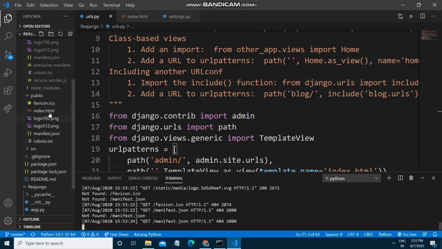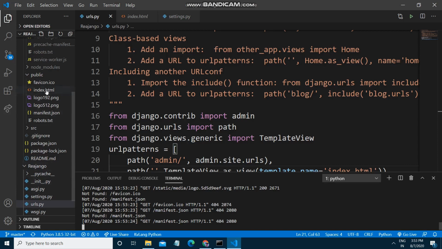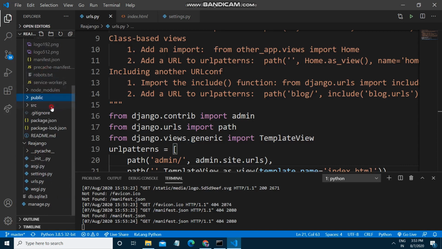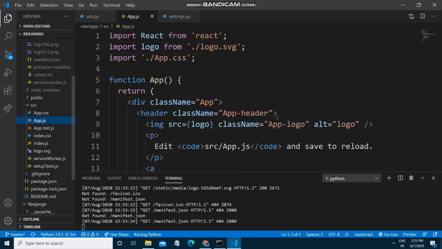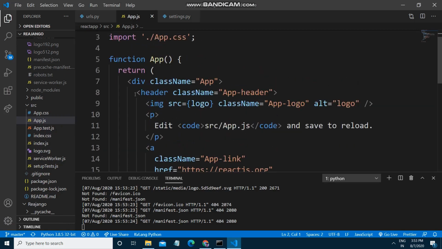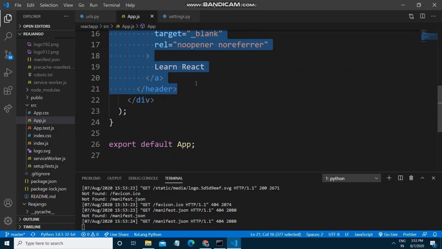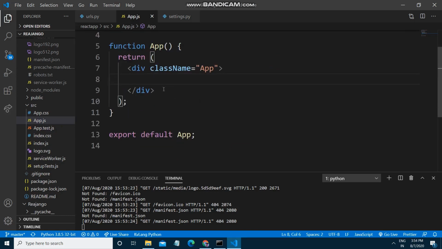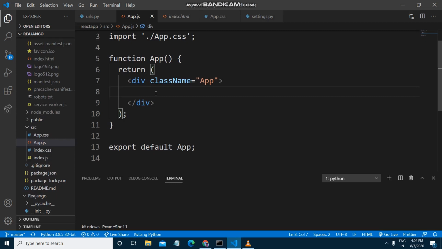In our React app we will do some configuration. I'll go into src and App.js. I will remove this logo, and I will also remove this header. Here I will write something: you are done with the integration.